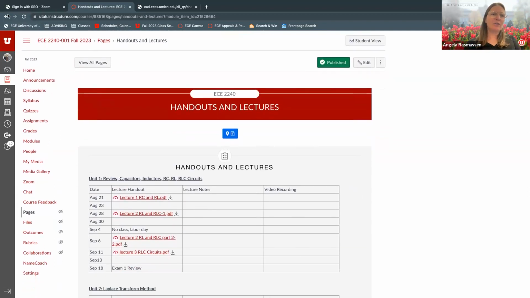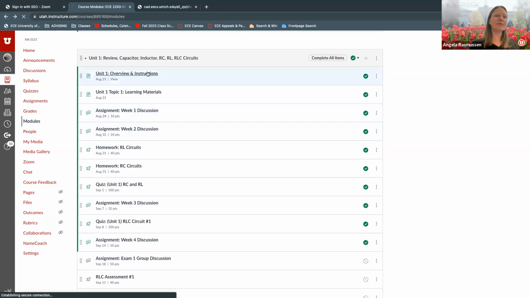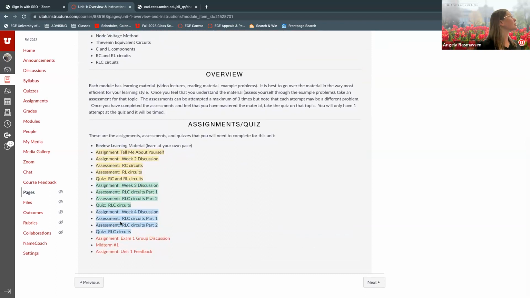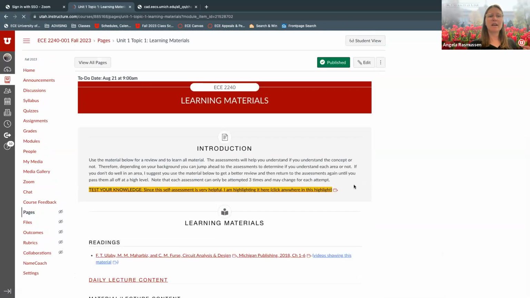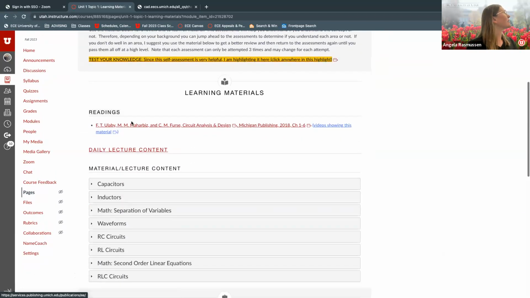All right, the next section in these modules: this first page is usually an overview and instructions. It will outline all of the material that you're going to be going over for this first unit before we have our first exam. The next section is going to be the learning materials. Again, I have that test your knowledge at the top of these pages,